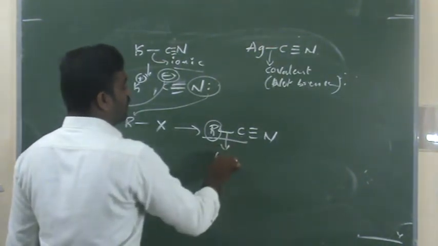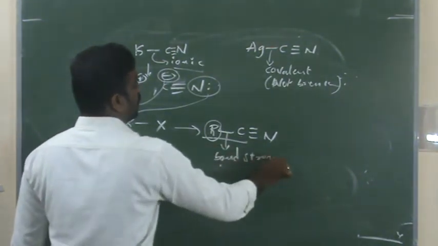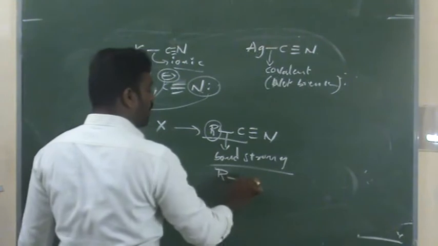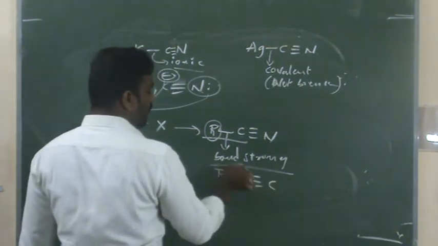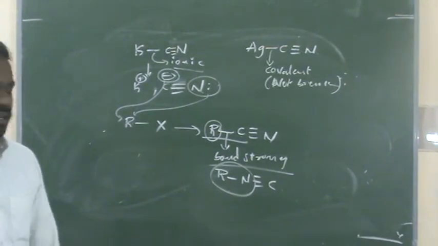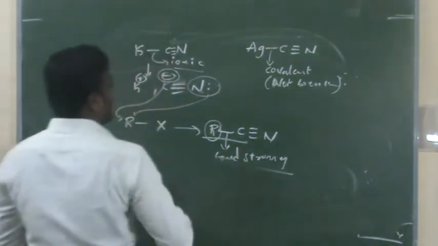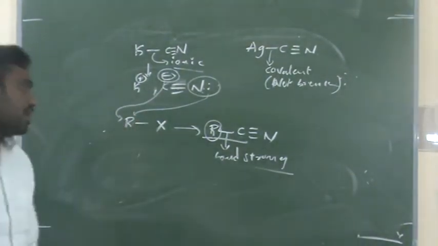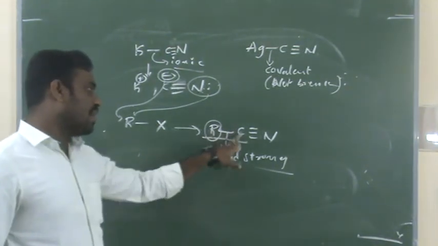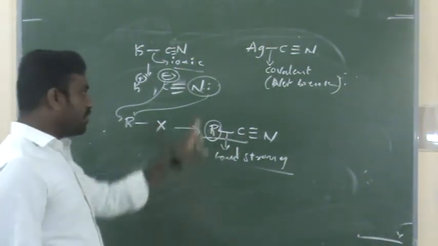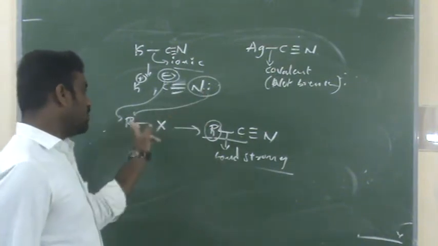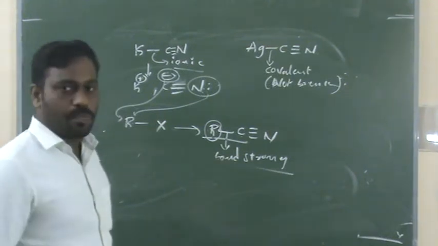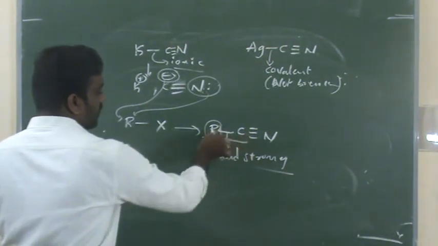The carbon-carbon bond is very strong. That's why, instead of nitrogen donating the electrons to give R-N triple bond C, we see carbon donate. The carbon-nitrogen bond is not as strong. It is weak. That's why, though both nitrogen and carbon are ready to donate the electrons, only carbon donates the electrons to R, because there is a formation of a carbon-carbon bond, which is very strong. But if nitrogen donates the electrons, the bond formed between the nitrogen and the carbon is not much stronger than a carbon-carbon bond. That is the reason that we are getting alkyl cyanides.